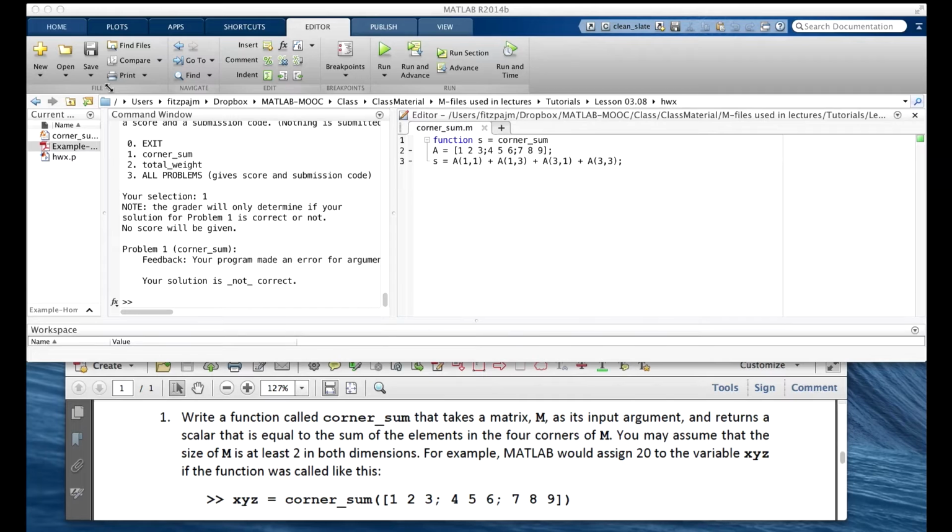Well, first off, there's something that you should not post. You should not post the code from your function. In fact, you must not post any of the code from your function. We don't allow that. In fact, we don't allow anyone to post any code in any of the forums, regardless of whether it's correct or incorrect. Instead of posting code from your function or saying that your function is correct, you need to run the function in the MATLAB command window and copy both the command and the output into the post so you can prove to the reader that your function's working correctly. Let's do that.